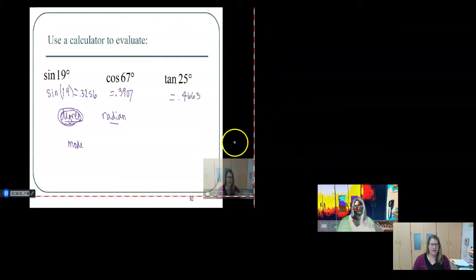Okay. Now what is this? What does this mean? If I put sine 19 in my calculator and it gives me out 0.3256, what does that mean? So if you think about your right triangle, if I have a right triangle, and in this case